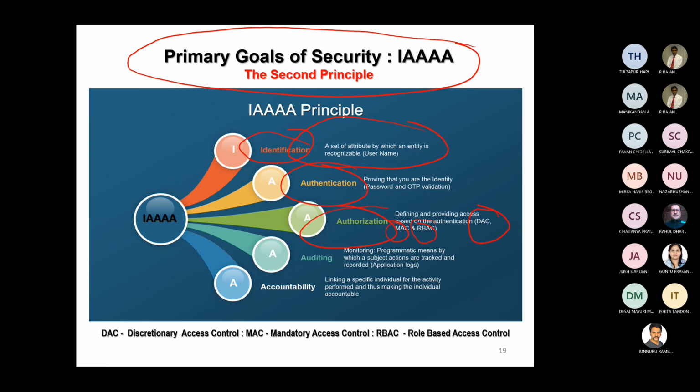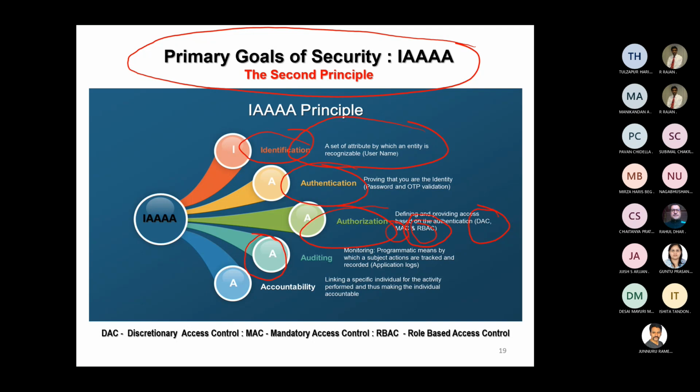The second, MAC, mandatory access control, is one which is enforced by the administrators. The typical example is that when the operating system services are hardened by the administrator, as an individual user you will not be able to release any services. Okay, so that is mandatory access control. But today you need to understand the role played by the person, or the role played by the software application, or the role played by the executable file. Accordingly, you have to create a policy on role-based access control, and the entire authorization must happen based on the role. The third A is called auditing.